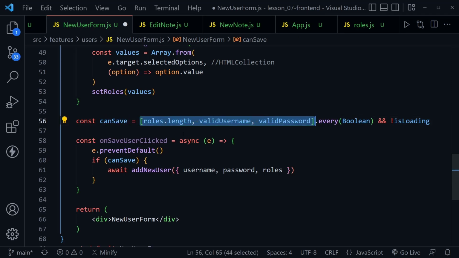And inside that array, we put the roles.length because that's an array. We've got valid username and valid password. Then we're calling the every method on the array and passing in Boolean. So we're essentially saying if all of these are true, you could say if roles.length and valid username and valid password. But I kind of like this method for doing it, sticking them all in an array